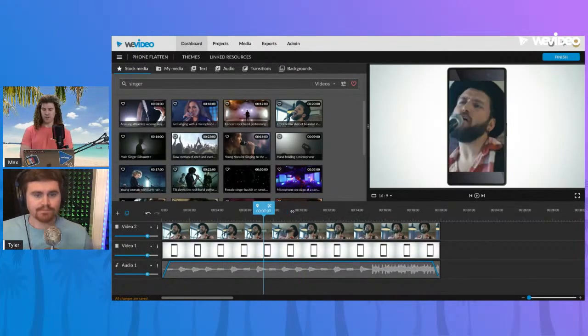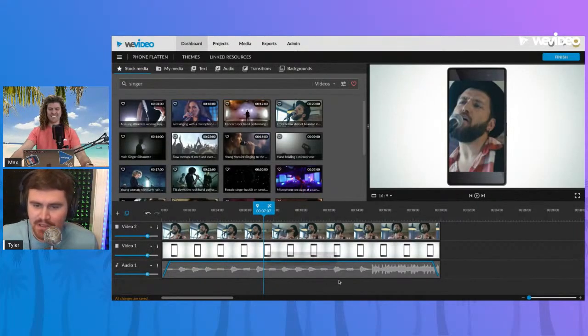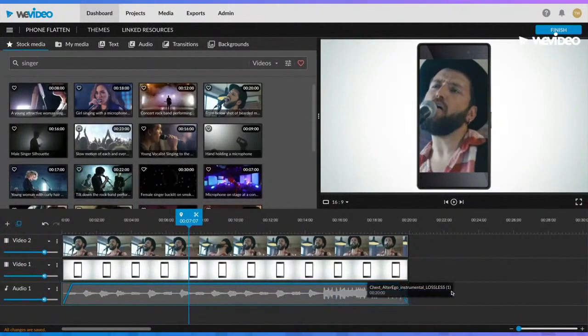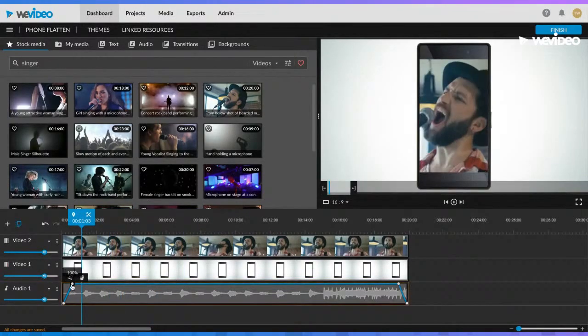Yep. Another big one was audio boost. Kind of goes hand in hand with the singer theme we've got going right now. Sure. Yeah, audio boost. So you can see here, I'm actually routing my audio through my headphones, so you guys can't hear the song I've got underneath. But let's quickly go over audio and some of the things we can do within WeVideo to adjust our audio. So you can see these keyframe points actually will adjust our decibel levels based on how you drag them up